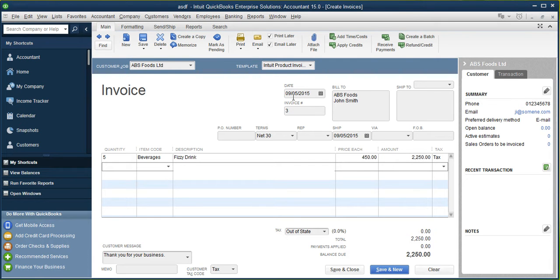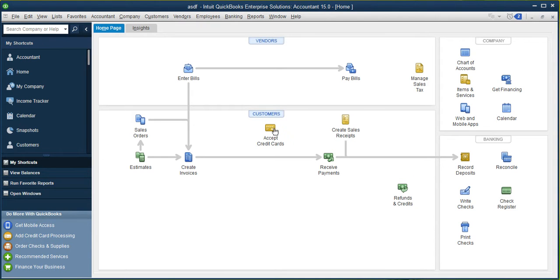So I'm just saving and closing this one. It's saved. Now I'm going to deal with the credit note as well. Okay, before we go on to the credit note, I would like to show you the effect of this invoice